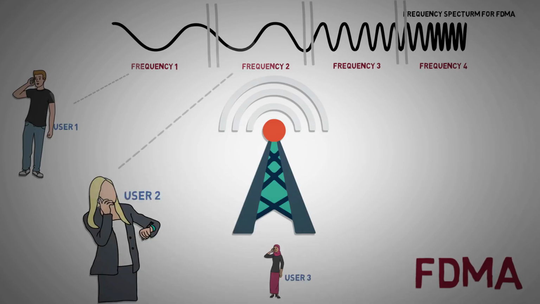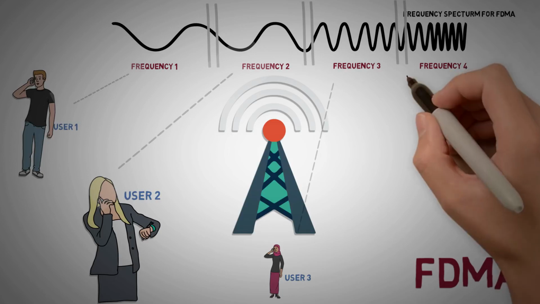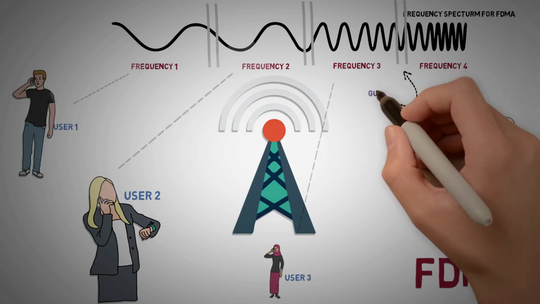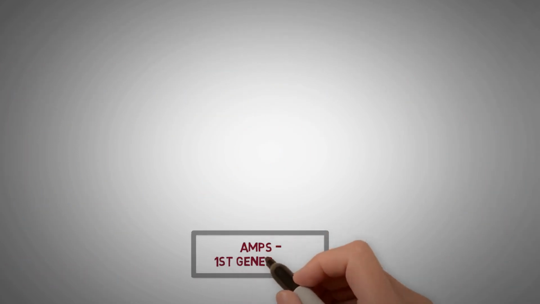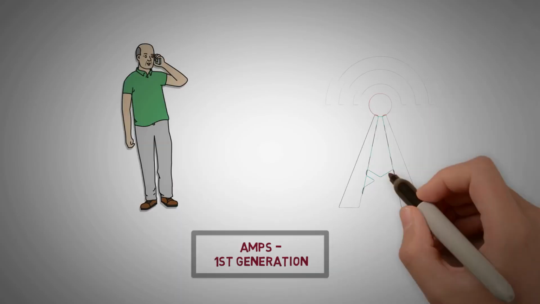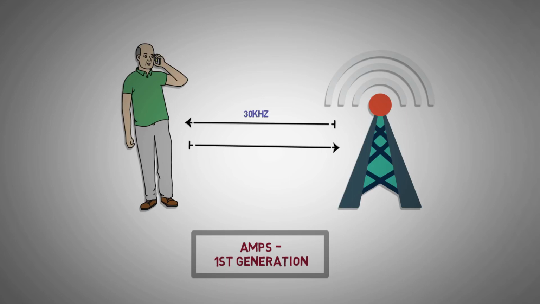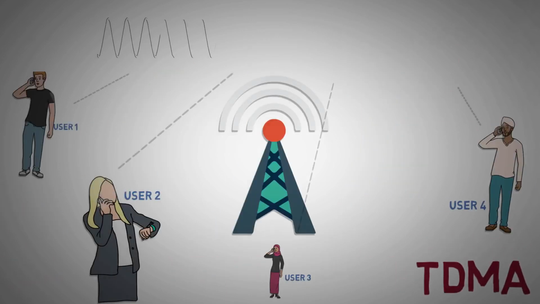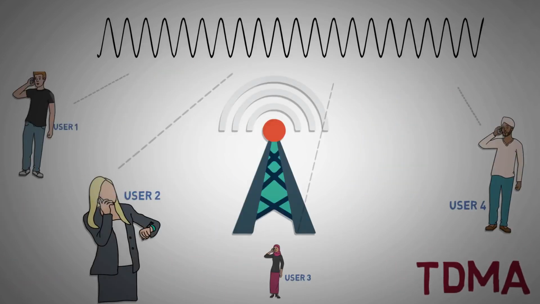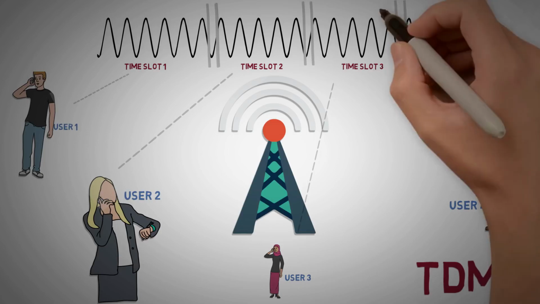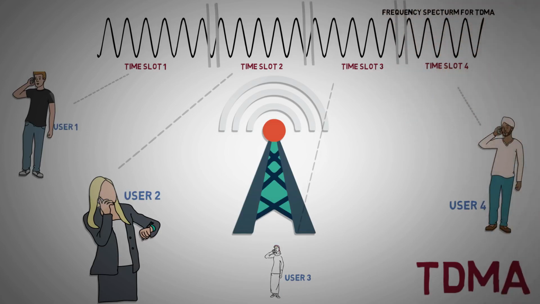Generally, the data is generated at baseband and modulated at varying radio frequencies. Guard bands are introduced to avoid any interference. AMPS, the first generation analog system, used FDMA to provide each user a duplex channel with one-way bandwidth of 30 kHz. TDMA, which uses time division multiplexing, allows multiple users to share a common frequency band by allocating different